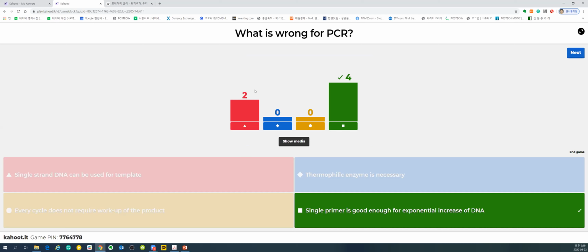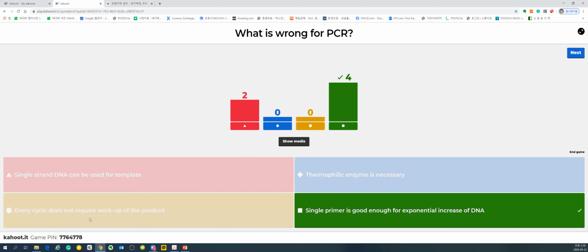Now, the beauty of this PCR is the third one. Every cycle, you don't need to add anything. You just mix everything together: the template, and just add enzyme and primers, and you add the dNTP, and all you do is increase the temperature and melt, and then decrease the temperature and anneal. You just do these temperature cycles. Then everything can be done automatically. Of course, it should be very well optimized, but that is the beauty of this PCR technique. Just repeat these reactions, then you can get the sample exponentially amplified.